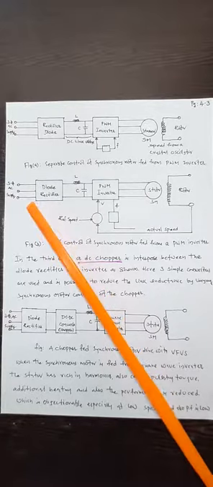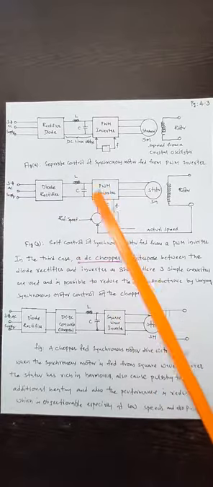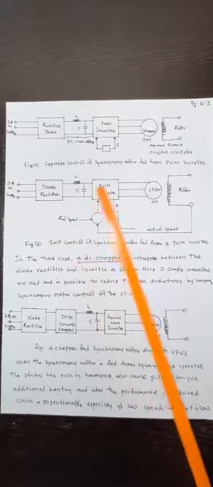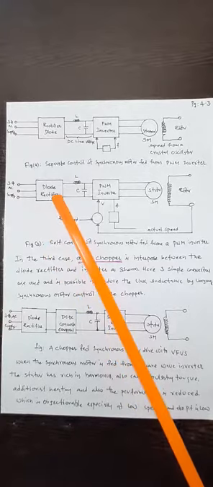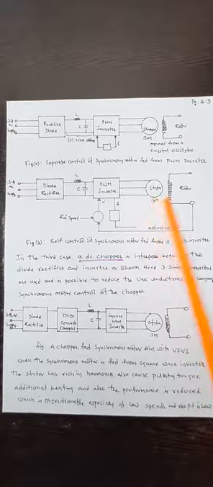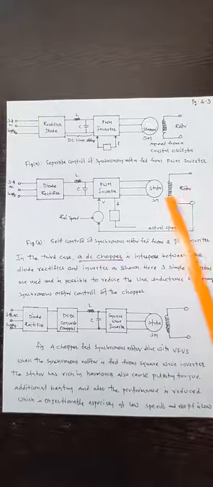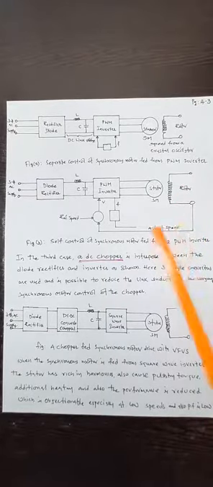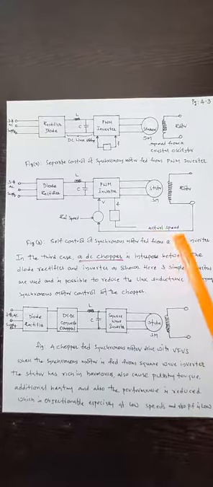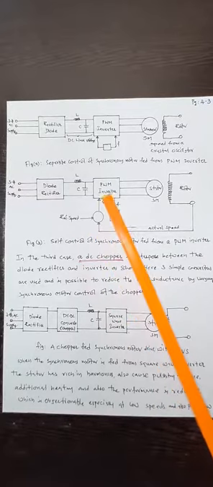And the next one, three-phase AC supply. This is the second scheme, the self-control scheme. Here also the configuration is the same. Three-phase AC supply is fed to a diode rectifier through a filter, then a PWM inverter, and the stator of a synchronous motor. Speed is measured with the help of a crystal oscillator mounted on the shaft of the rotor of the synchronous motor, sensed with the help of devices such as tachometers or other sensors, and compared with the reference or set speed, so that it changes the voltage.